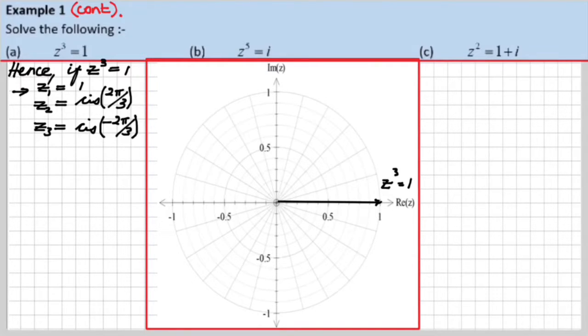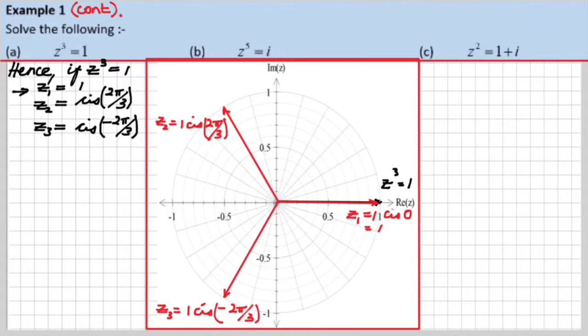There's z cubed equals 1, okay, 1 cis 0. There's one of the cube roots. z1 is 1 cis 0, which is 1. That's the one we're all familiar with. If x cubed equals 1, we would say that x would be 1, yeah? Here is the second one. z2 is 1 cis 2 pi on 3, and there is the third one, z3 is 1 cis minus 2